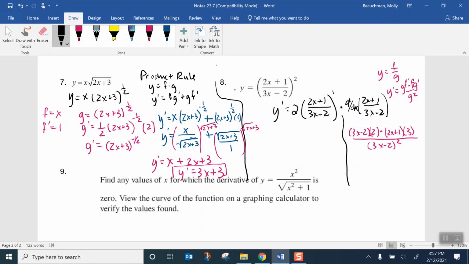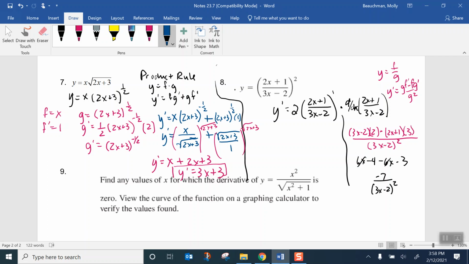Simplify our expression. Multiply 3x minus 2 times 2, we get 6x minus 4. Multiply 2x plus 1 times 3 and distribute the negative. 2 times 3 is 6x with the negative. Negative 1 times 3 is minus 3. The 6x's cancel. Negative 4 plus negative 3 is negative 7 over (3x minus 2) squared. So now I can go back to the original problem